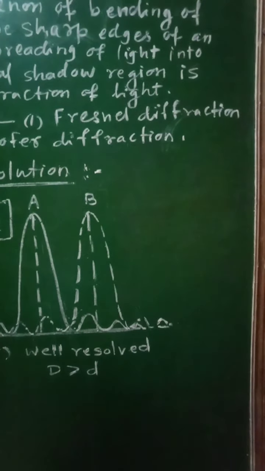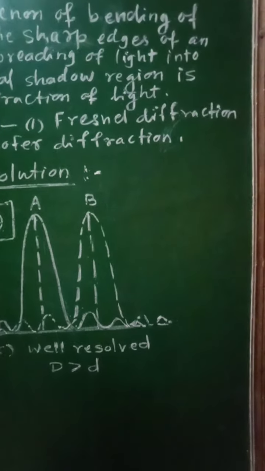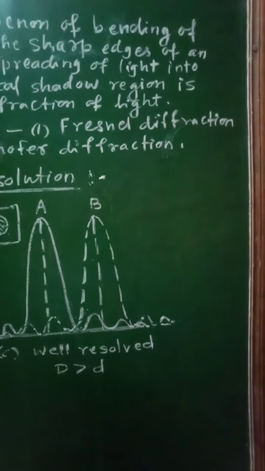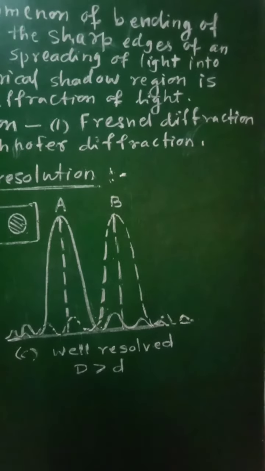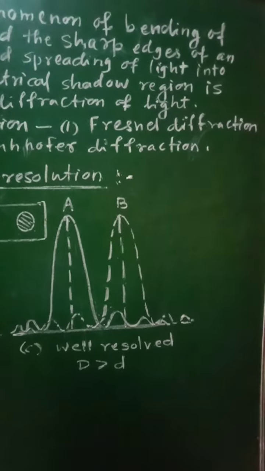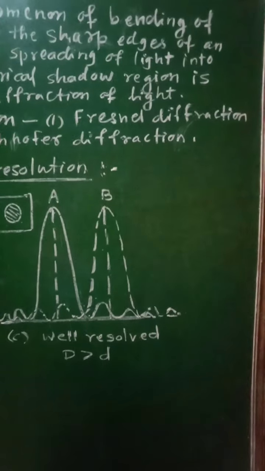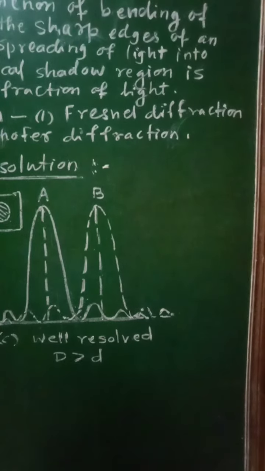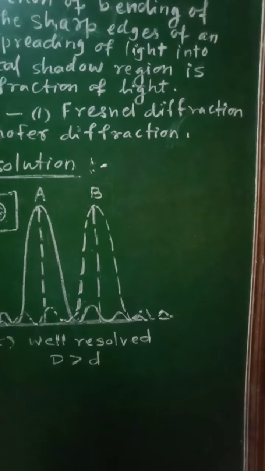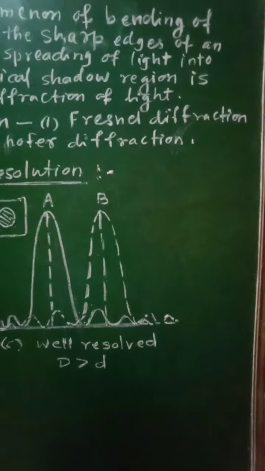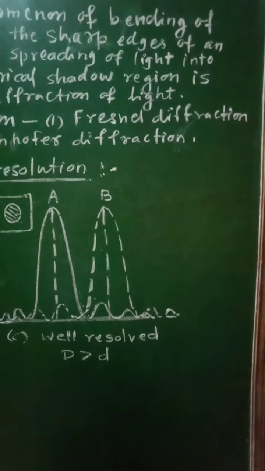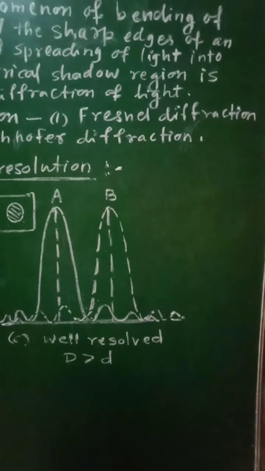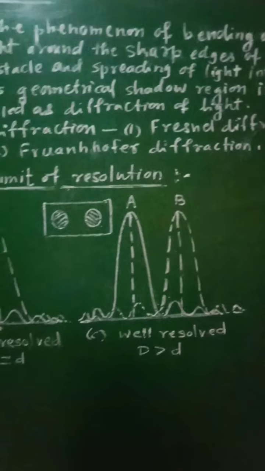In case of Fresnel diffraction, generally we use the spherical wavefront or cylindrical wavefront. That is, Fresnel diffraction will be formed due to either spherical or cylindrical wavefront as finite distances are there. No lens will be used to collect the light rays as the source of light is very close.